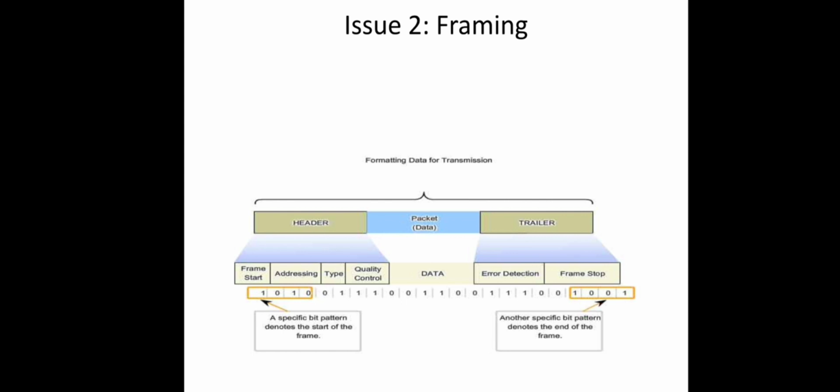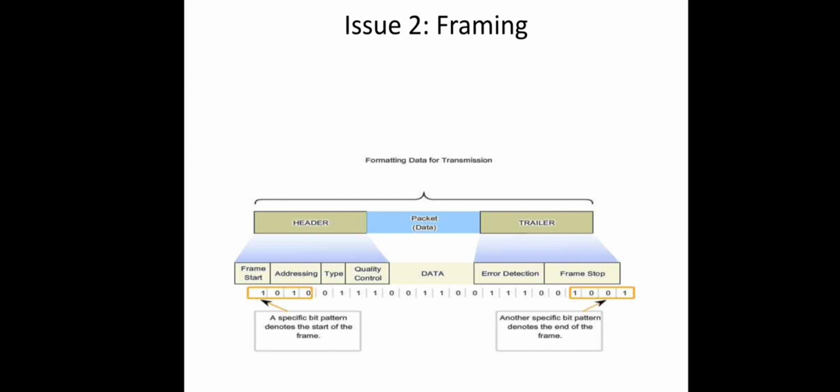In the receiver, the number of bits received may not be the same as that sent. Just for example, it may be less or it may be more, or even some of the bits may be flipped, like zeros may be changed into ones and ones may be changed into zeros. A lot of errors may be there. The physical layer is not at all bothered about these things. It will just hand over this bit stream to the physical layer of the next machine, the receiver machine, right?